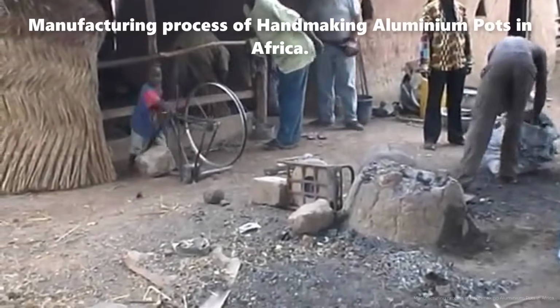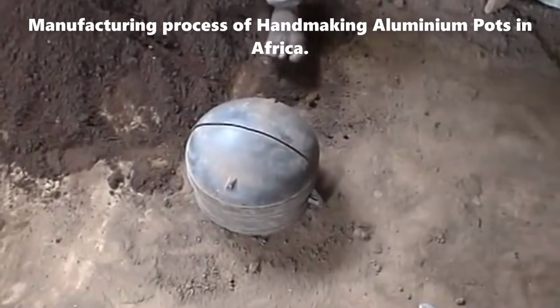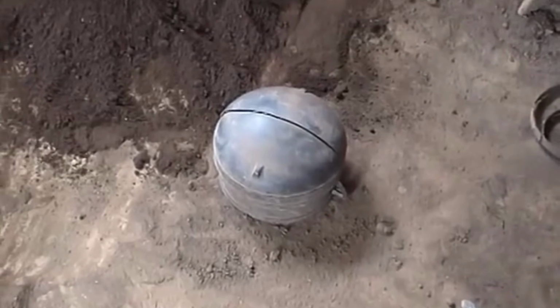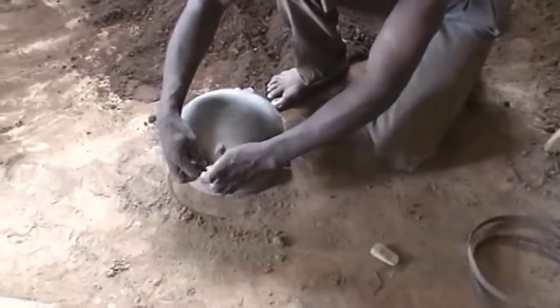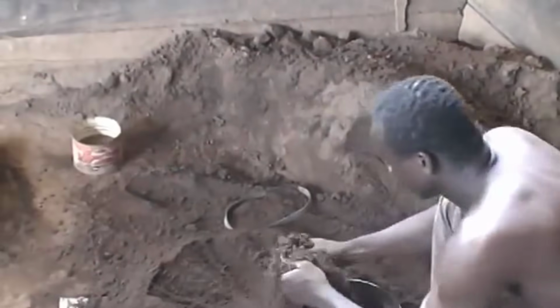The sand used is derived from a specific blend, gathered from termite mounds. This choice of sand isn't arbitrary. It's a deliberate selection owing to the composition found in termite mound sand. It contains a unique mixture of clay, soil, and other organic elements, contributing to its cohesiveness and malleability when mixed